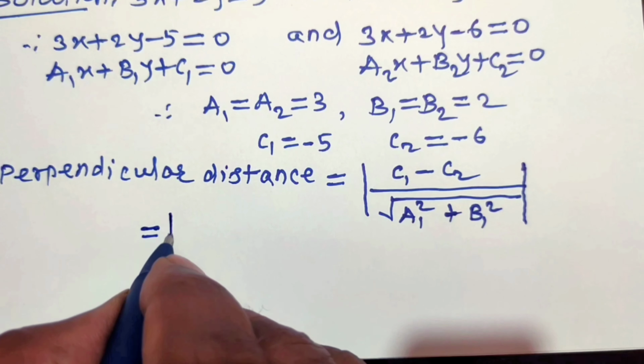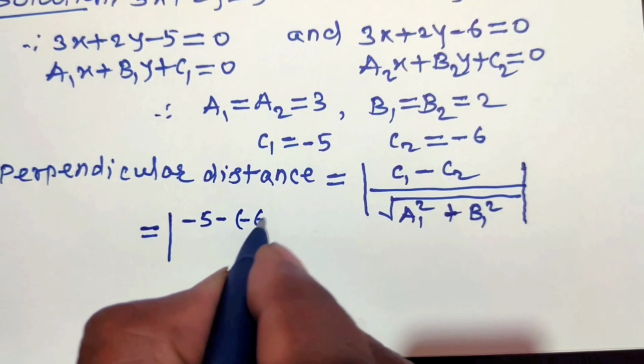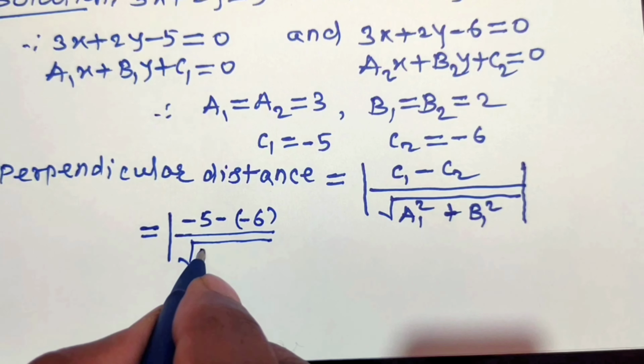Hence this is equal to, in modulus sign, c1 is minus 5 and c2 is minus 6. Hence minus 5 minus of minus 6 divided by square root of